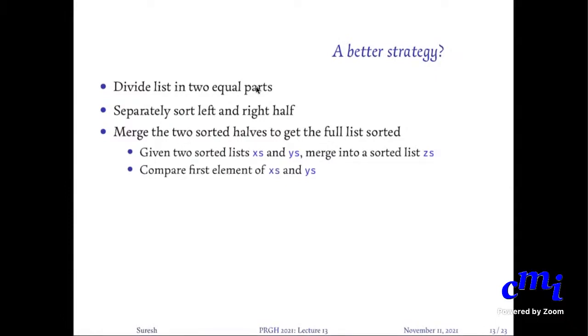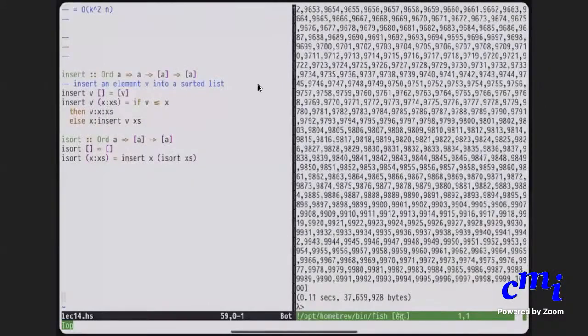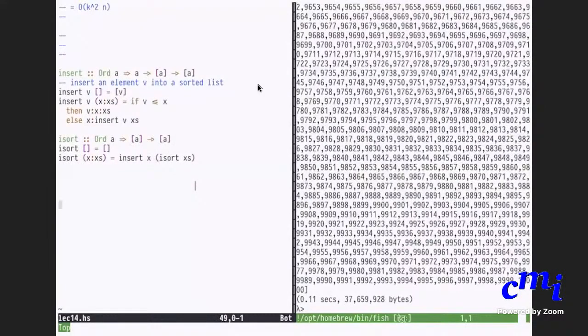How would you merge? Let us first determine the type of merge. Can somebody tell what is the type of merge? Sir, list A, arrow list A, arrow list A. Who is saying this? Sir, this is Gautam. Have you already seen these things? Maybe a while before, but this is based on what we just spoke about.